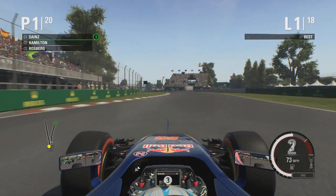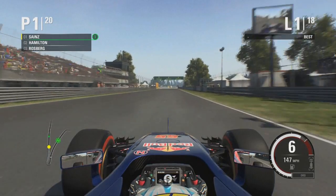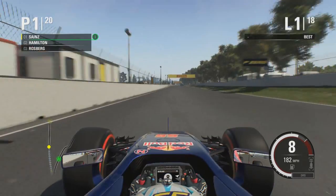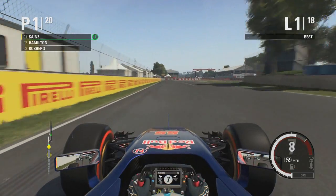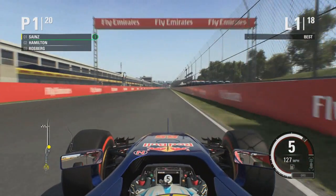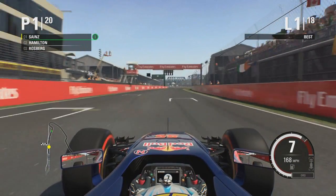But Lewis Hamilton and Rosberg both are behind us on this first lap of this race here, which is exactly what I'd like to be saying. To be perfectly honest, I don't think I'd have believed it if you told me I was going to be leading this first lap of the Canadian Grand Prix, but actually it's not that easy, because look in the mirror, guys, those Mercedes are coming very close to us in the final chicane, but we do actually keep the lead of the race there, and we do maintain the lead of the race to go across the line this first